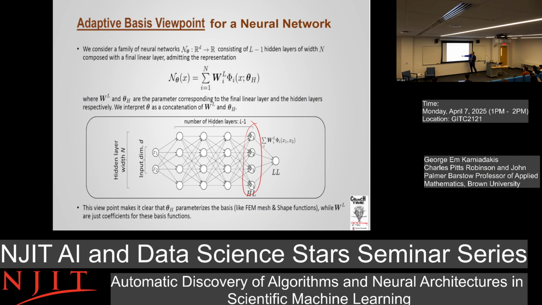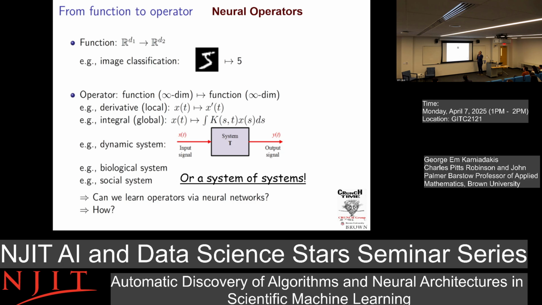The last layer is really the basis with respect to which you expand, and the unknown coefficients are the linear weights. Of course, there are weights and biases here, but these are the functions that I will use. Okay, so now I want to tell you about neural operators. I'm not going to talk about PINNs and physics-informed neural networks, but about neural operators and the difference from function approximation. We map a finite space to a finite space, like speech recognition, image classification, ImageNet, MNIST, CIFAR, and so on.